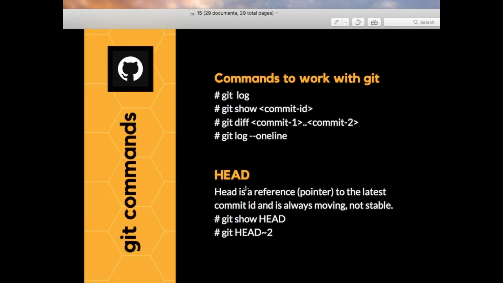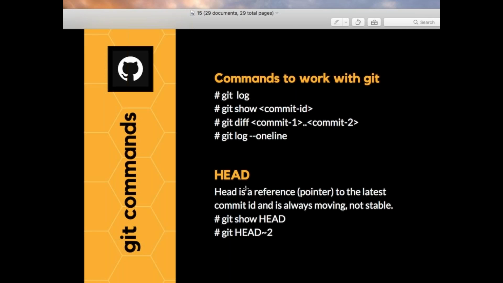Now you see, whenever you want to understand Git, right? If you understand the HEAD concept, it means you understood Git. That's it. As simple as that. If you are able to understand the HEAD concept, it means that you were able to understand how the Git workflow is actually working.